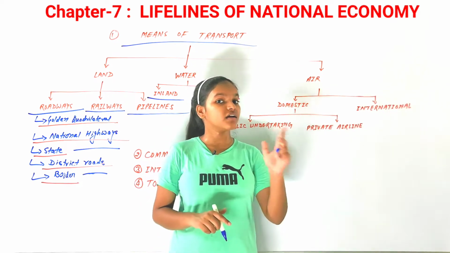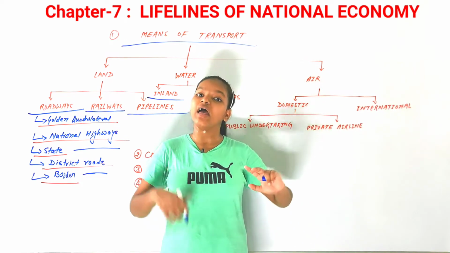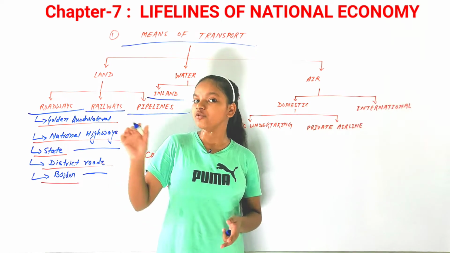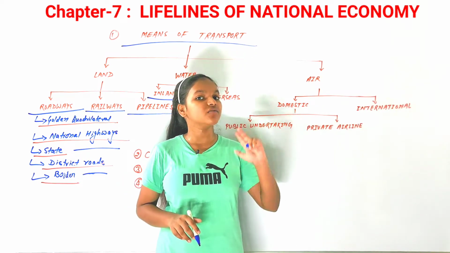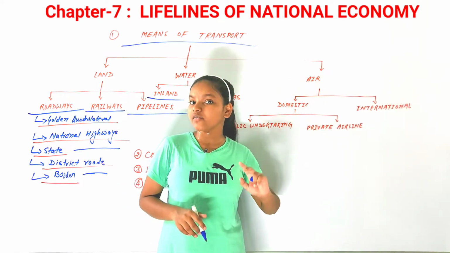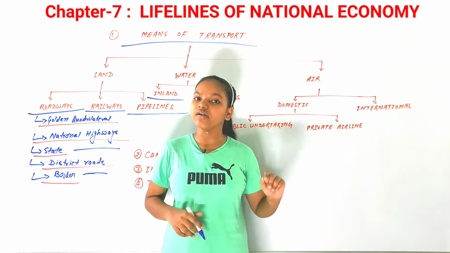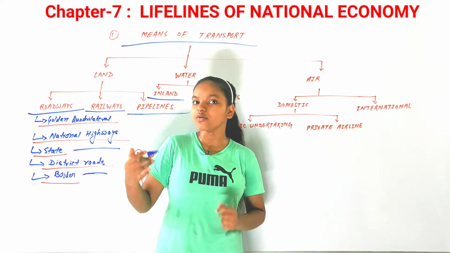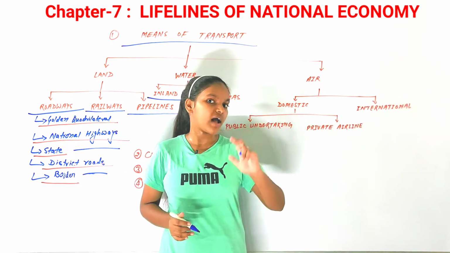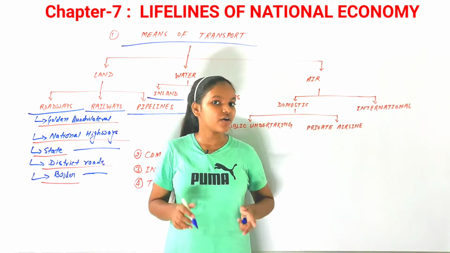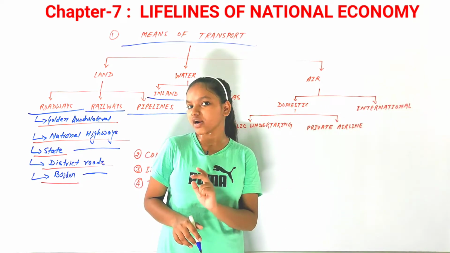So these are the 5 national waterways. The first one was the Ganga river between Haldia region and Prayagraj region. After that the Brahmaputra between Sahyadri region and Dhubri region. After that the West Coast Canal. After that the specified stretches along with the East Coast Canal, and after that the specified stretches of Matai river along with the delta channels of Mahanadi and Brahmani rivers. These are the 5 national waterways of our country.